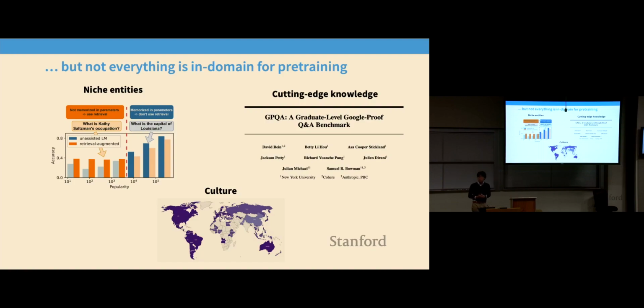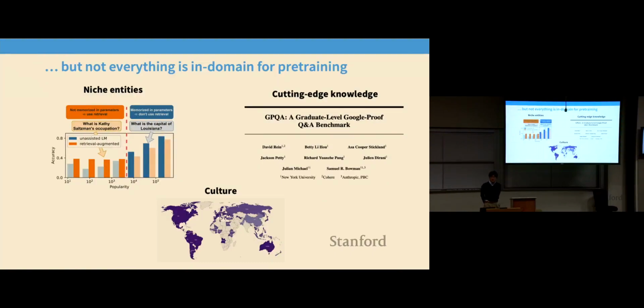There have been really nice studies. This one's by some folks at UW showing that language models really struggle on niche entities. An interesting fact is that on really popular entities, like the ones to the right here, measured by page accesses on Wikipedia or something, these models are really good. In fact, they're better than even a retrieval augmented system, which is surprising. So you might as well just ask the language model directly.